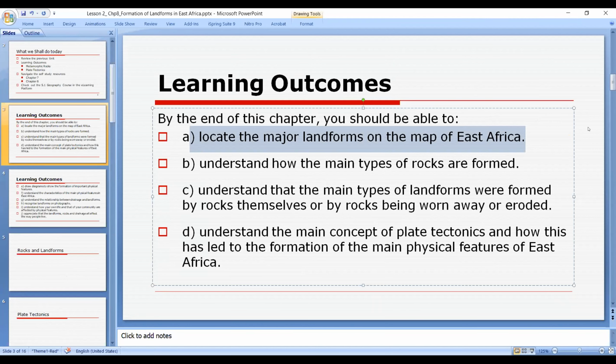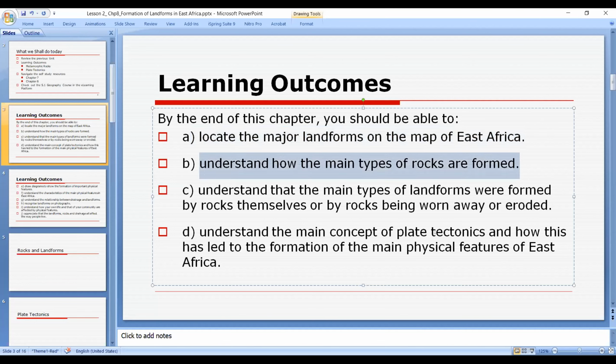Meaning that if I set an activity of integration, I can expect this. I expect you, in the activity of integration, to demonstrate to me that you can locate the major landforms. So when I set an activity of integration, expect something around that. Secondly, that we understand the main types of rocks and how they were formed. You have just told me about that. So it's a very important area, how the main types of rocks were